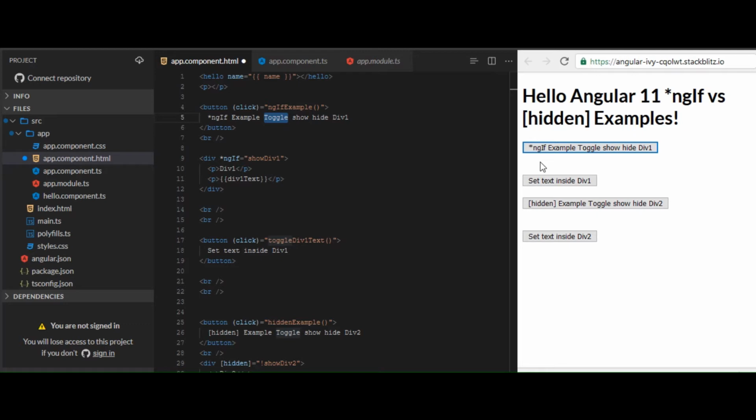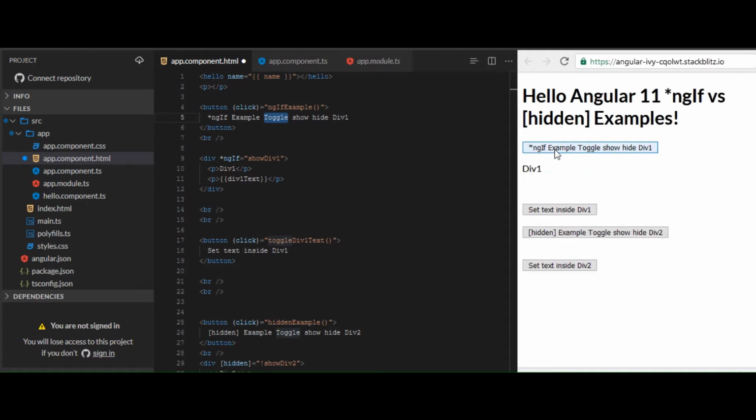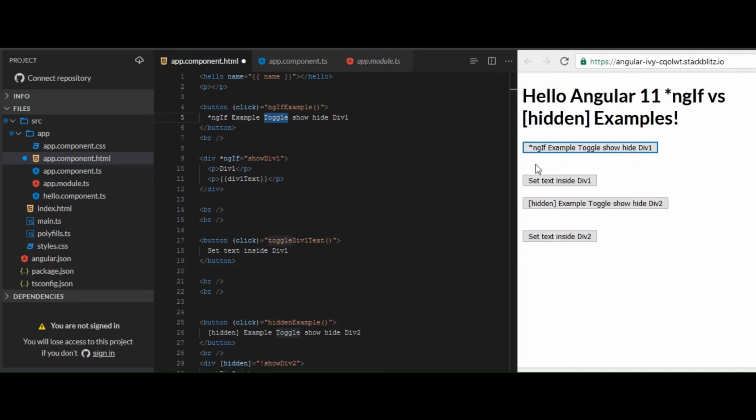One more thing we are going to do is set text inside div1 even if it is not visible, because in earlier versions of Angular, clicking on this would completely stop the rendering of that particular div, whatever the control we are setting, and it would be completely removed from the DOM automatically.